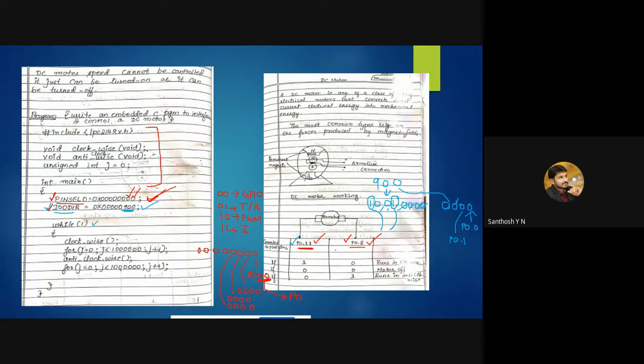Fine. So while 1 means what? Always the condition is true. So the processor can easily go into the loop. You are calling a function called clockwise, so the motor will be rotated in a clockwise direction. Whenever you call the function, the motor will be made to rotate in a clockwise direction. And you are generating a small delay here. Once you rotate this motor, you generate a small delay. And what is the delay? It is nothing but a for loop.